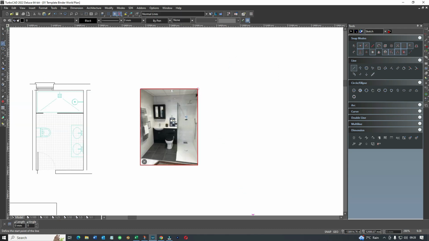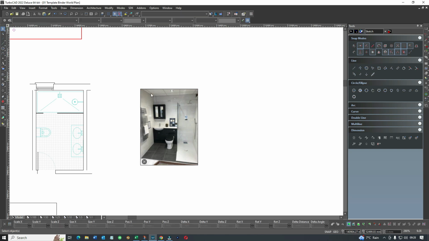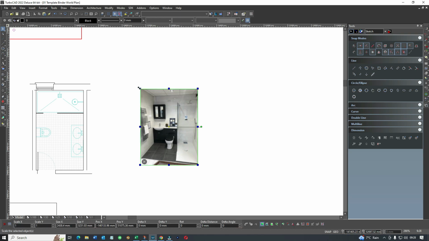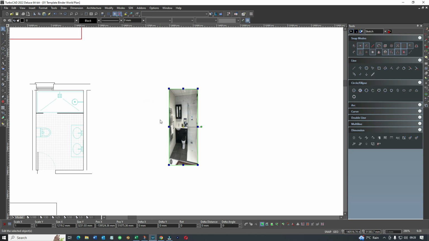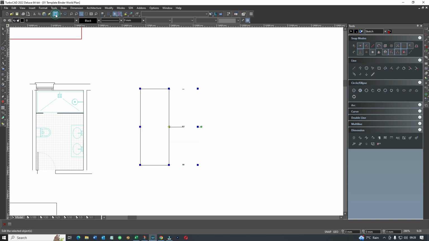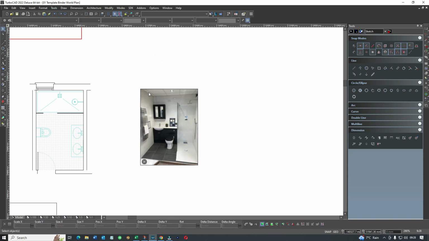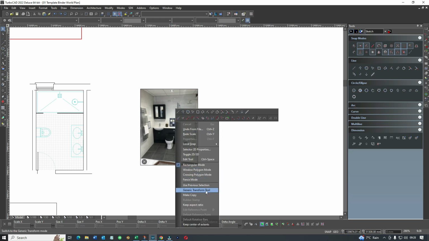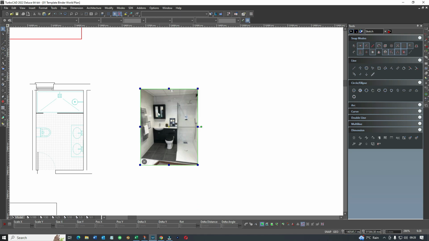Now, another thing about bringing pictures into TurboCAD is that sometimes you want to change the shape, or change the size of the picture, and what you mustn't do is this, because as you see now you've killed the scale. So let me just reset that. Now when you bring it in and drag it down, it does it in proportion. Before you do any other modifications to the image, just right click and go keep aspect ratio. So now if I change the size of the image,